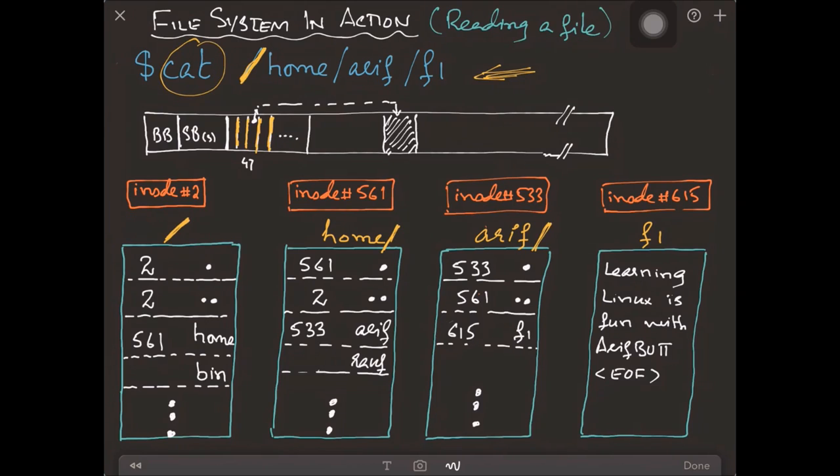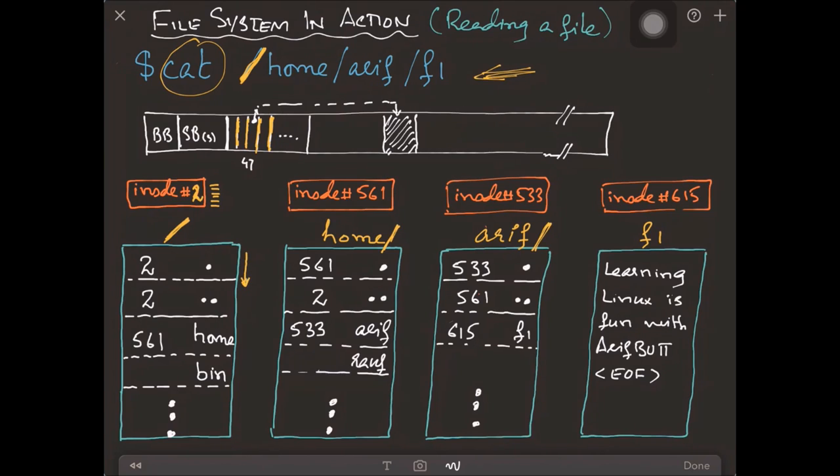It goes to inode number 2. It knows that the / directory has inode number 2, and within the inode block the cat program sees whether it has permissions to read this directory. If yes, it searches this directory